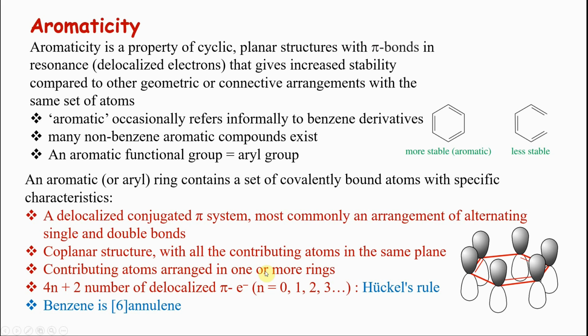Contributing atoms arranged in one or more rings. So there can be more than one ring of contributing atoms. We are going to see those examples later, naphthalene, anthracene, all those. One point I want to make here is all these aromatic compounds, okay, they will have